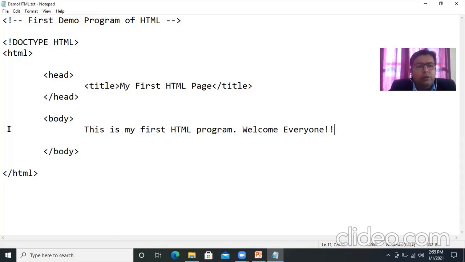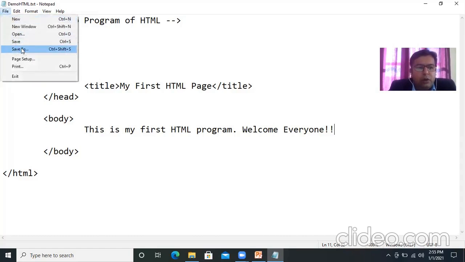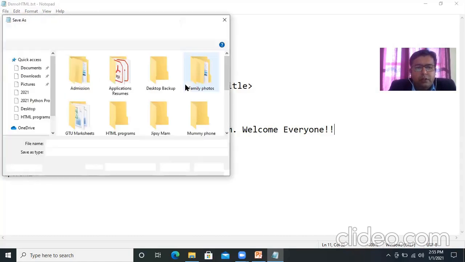Now make a habit that you have to save this file also, so whenever you want to see it, you can open this txt file. Otherwise, you have to open the HTML file with Notepad, or with the web browser. But just make a habit that in the folder, whenever you do the program, you have two files. One is this text file, and after doing this, you have to save as the same file on the desktop.